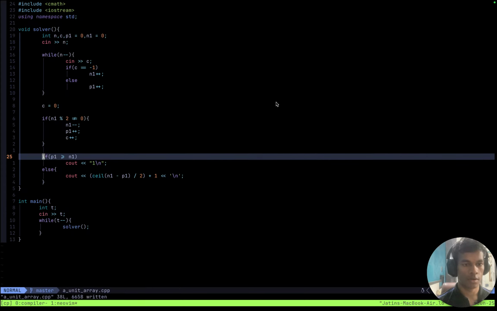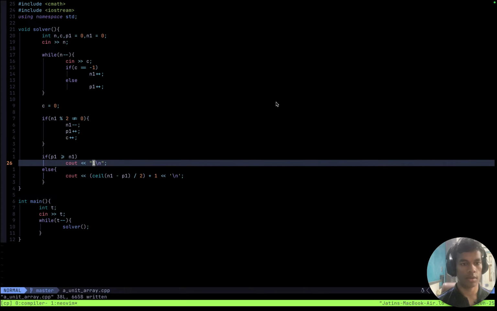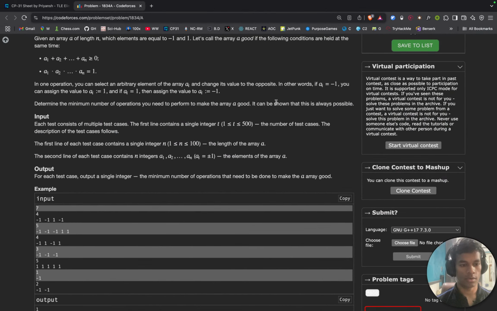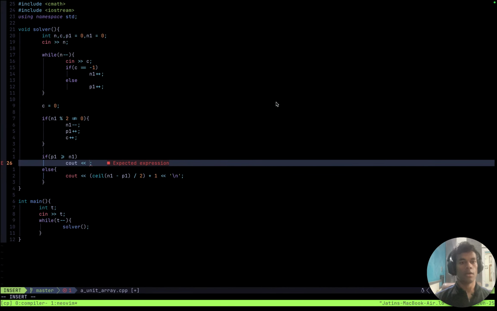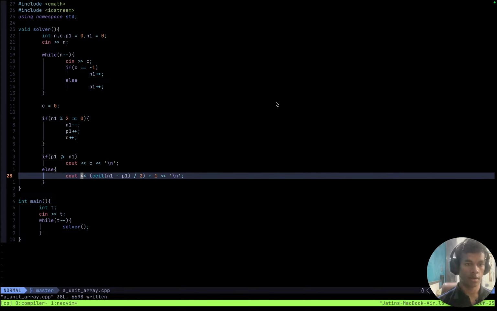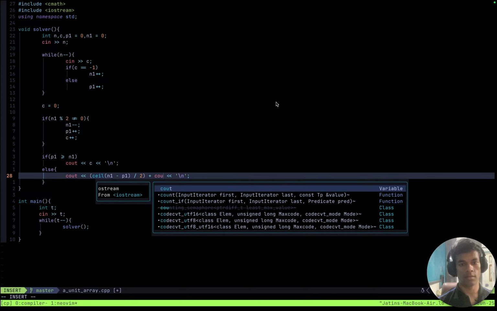After this I go there, and instead of this I do count, and can my answer be equal to 0? Yes, it can be equal to 0. So cout c with a new line, and else, in the else case, is this correct? This plus c,